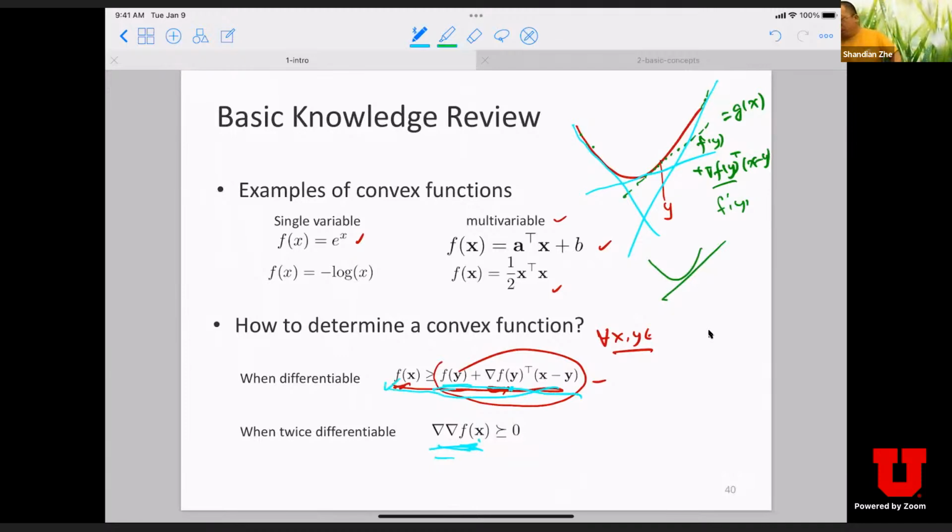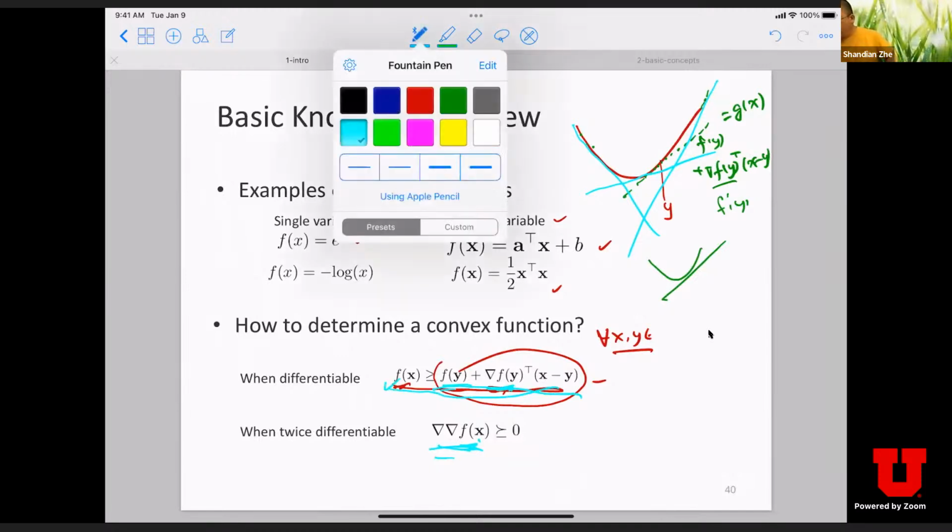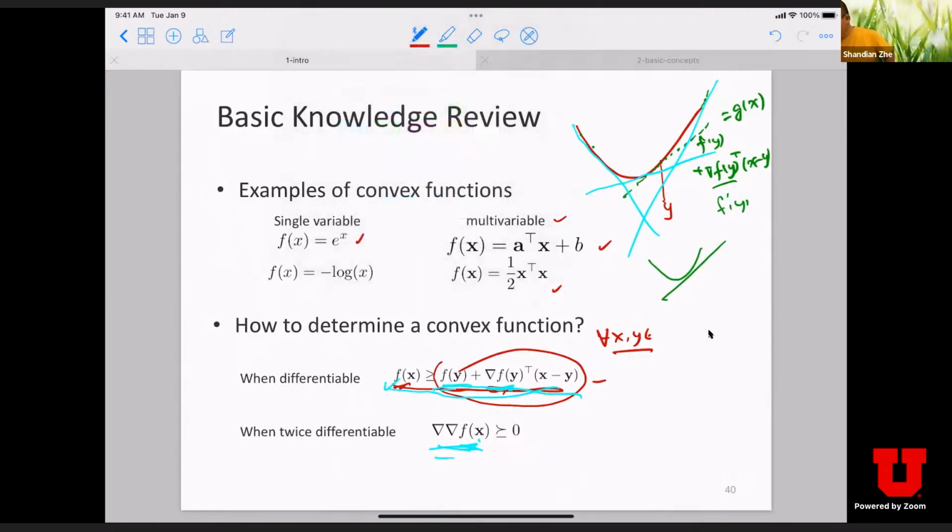And the gradient of f at y is the slope of the tangent line at the position y. So if you take a look at y here, if you draw a tangent line at the position y,